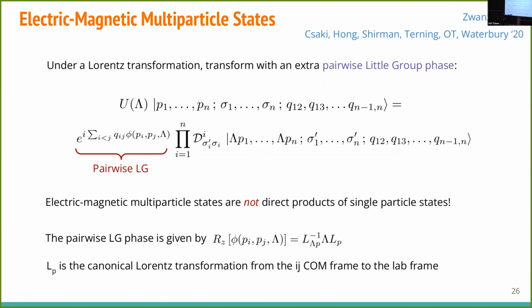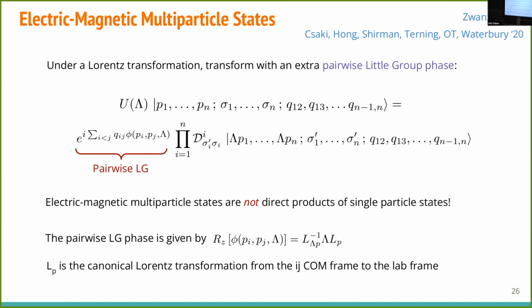which has to be a rotation around the z-axis because that's what my little group is. And just like in the Wigner construction, it's the canonical Lorentz transformation taking you from K1, K2, the reference momenta, to the finite momenta, followed by whatever Lorentz transformation you're doing, followed by the inverse, L-1 of lambda b. And this is how you can literally calculate what this phase is.